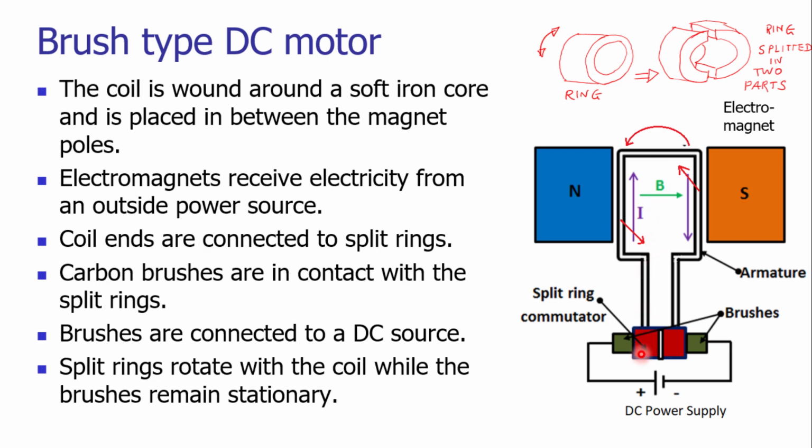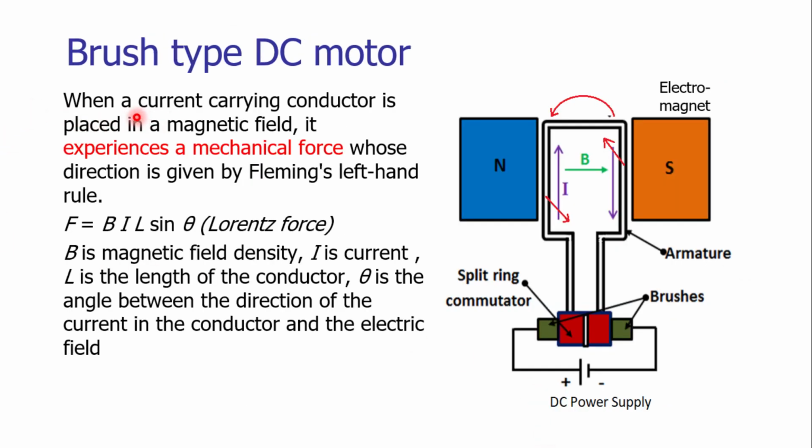In this way, the direct voltage, the direct potential difference which we are applying on the armature coil, is producing the rotational movement of the coil. When we attach a load to the end of the armature coil, we can easily transfer the rotational energy generated for the intended application. Thus we can say that when a current carrying conductor is placed in a magnetic field, it experiences a mechanical force, whose direction is given by Fleming's left-hand rule.